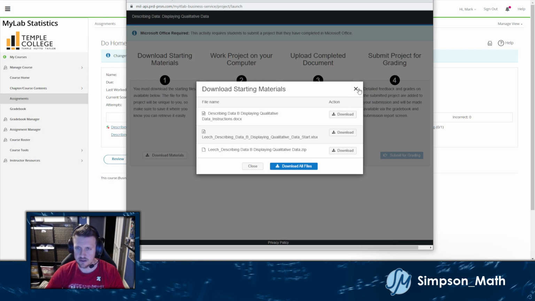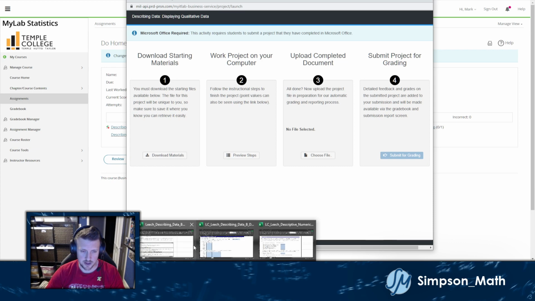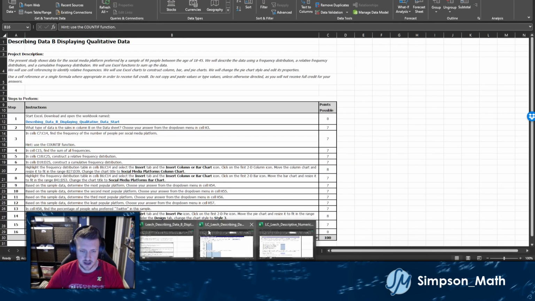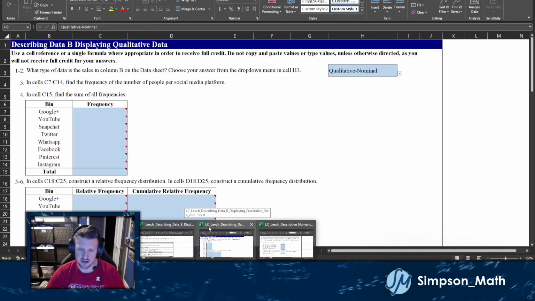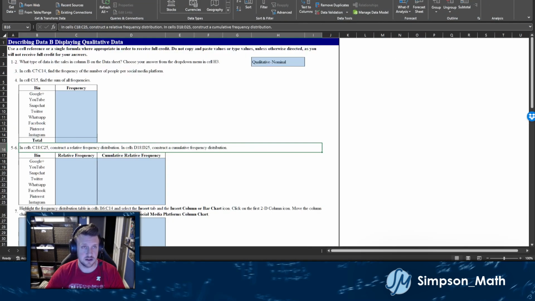So if you hit download, it'll download, which I already have downloaded, and then eventually once we get it finished, we'll upload it, and then we'll submit for grading. So when we open it up, it should be this. Notice this one has the LC. I don't know what that stands for, but that's the one that's been graded. The one that we should be using starts with the